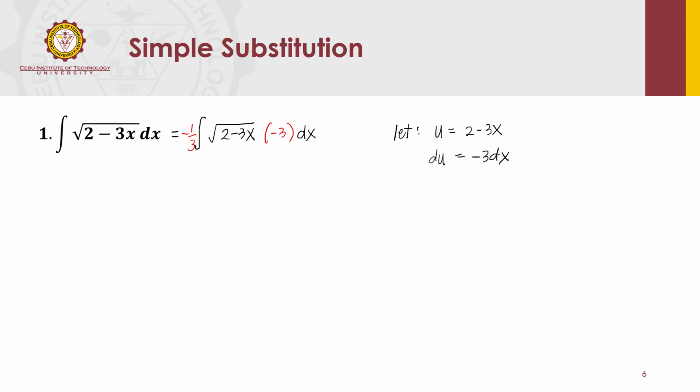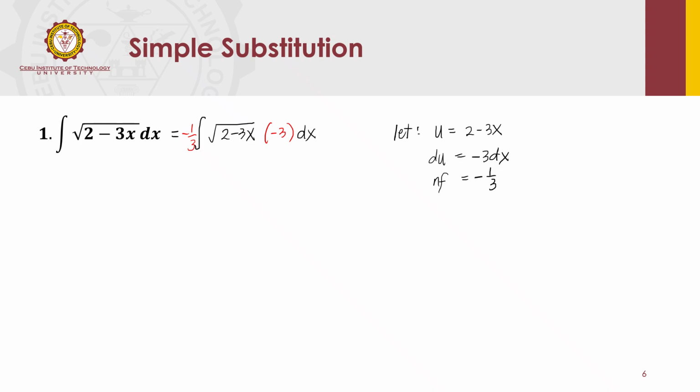So our neutralizing factor, in our textbook, we are using the letters NF, the first letters of neutralizing and factor. So we put -1/3. We are summarizing what we are doing here. If you already understand the purpose of putting this neutralizing factor, then you don't need to show the times -3, then times -1/3, right?